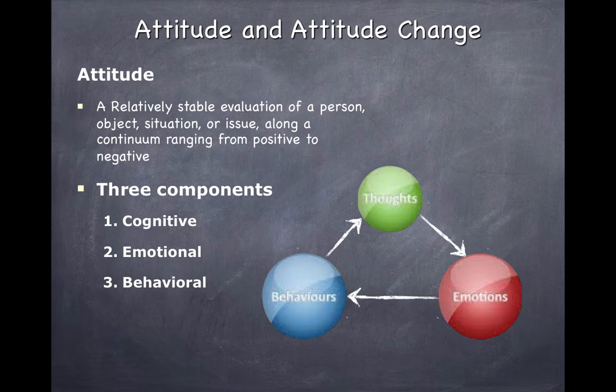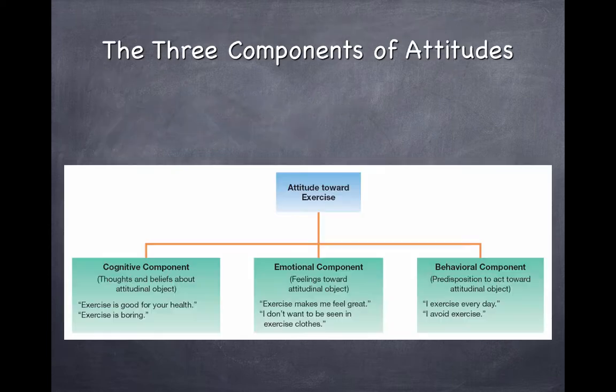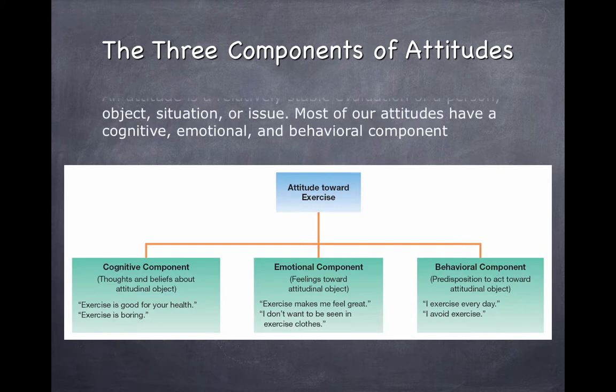It's acquired by first-hand experience or observing people, objects, situations, or issues, and we get that through observation through mass media, and it's strengthened through the association with others with whom we share them. And so what I've got here on the next slide is what's in your textbook, just to give you a reminder. There's the definition and how they're related, and you can use that as your guide as well.